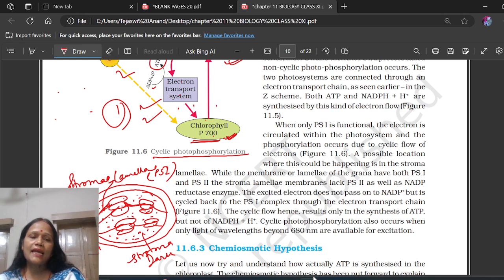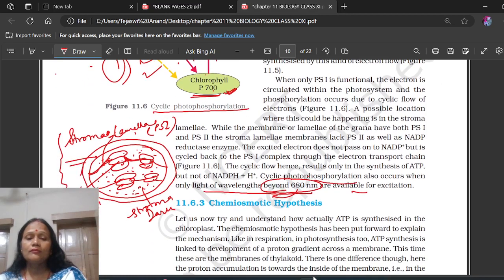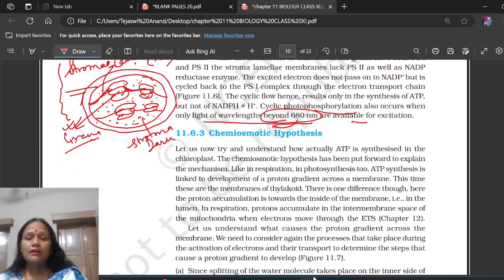तो यहाँ पे लाइट रिएक्शंस हो रहे हैं ग्रेना में। तो ग्रेना में जो लाइट रिएक्शंस हो रहे हैं, तो वहां पे नॉन साइक्लिक फोटोफॉस्फोराइलेशन हो रहा है, बट साइक्लिक फोटोफॉस्फोराइलेशन अकर्स इन स्ट्रोमा लैमेली। दिस इज द वेरी इंपॉर्टेंट टॉपिक दैट यू हैव टू अंडरस्टैंड वेल। डोंट बी कंफ्यूज्ड। So cyclic photophosphorylation also occurs when only light of wavelength beyond 680 nm, beyond means 680 से ज्यादा जब रहेगा तभी काम होगा साइक्लिक फोटोफॉस्फोराइलेशन का। और ये कहाँ होगा? स्ट्रोमा लैमेली में, न कि ग्रेना में।